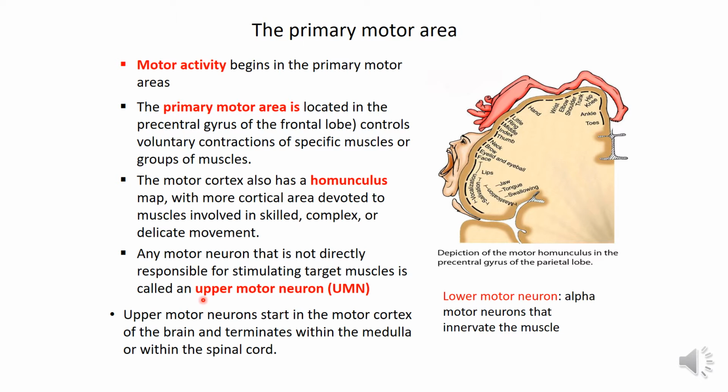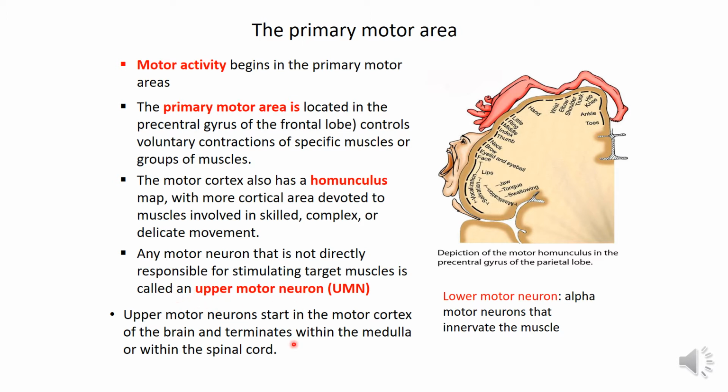So the upper motor neuron consists of the motor areas distributed in the cerebral cortex, the basal ganglia, the cerebellum, the motor nuclei in the brainstem and their descending tracts, and these descending tracts are going to produce what? Controlling the activity of the motor neurons located in the spinal cord or in the brainstem. So they are innervating the muscles indirectly. The upper motor neuron is essential for the production of voluntary movement.